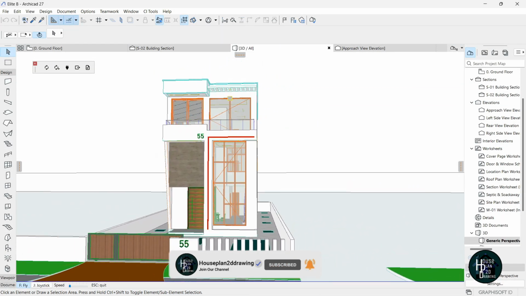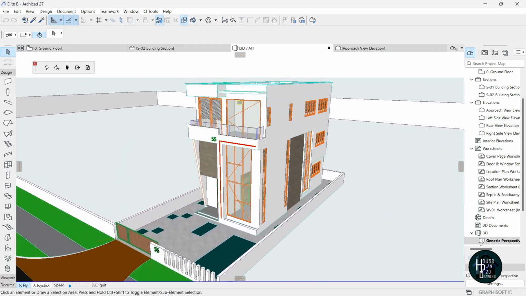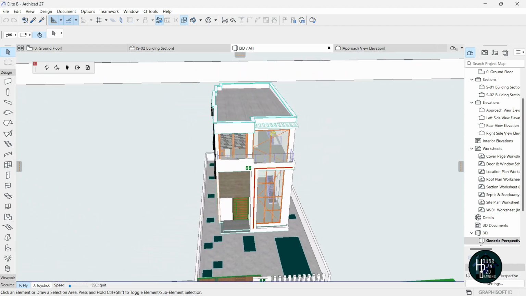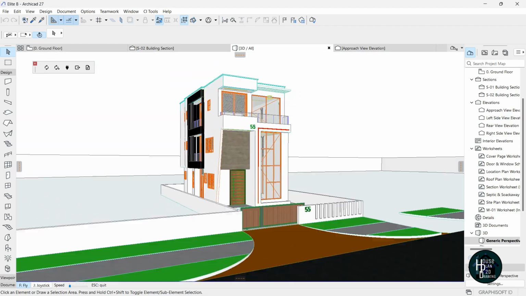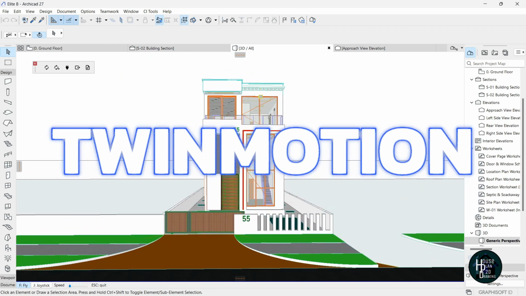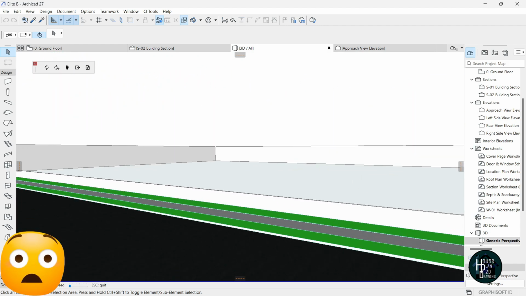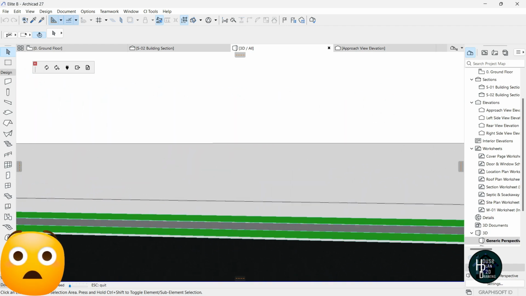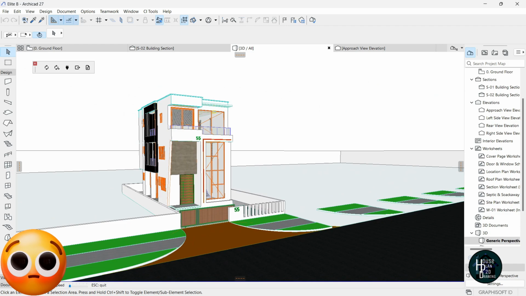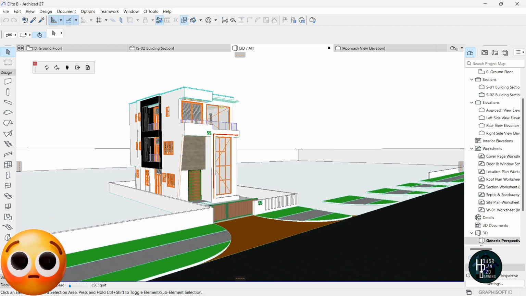Today I'm going to be teaching you guys how to design this simple duplex design. This design consists of a 5-bedroom design, and as you can see, it is a 2-story building. You can see the way it was designed with Twinmotion. I initially designed it like this in Archicad, as you can see, with the fence area and the side. So all this was designed in Archicad, then the rest was input into Twinmotion, and the vegetation and landscape features were also